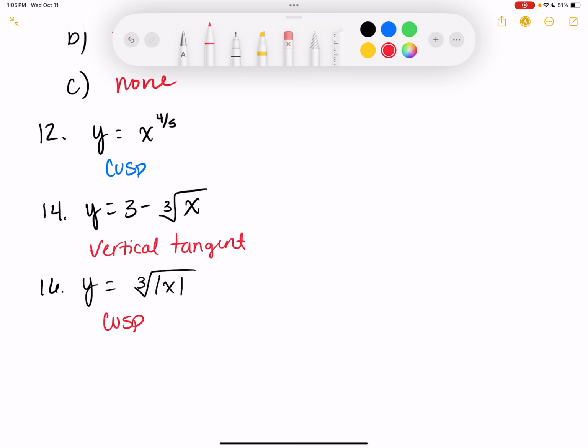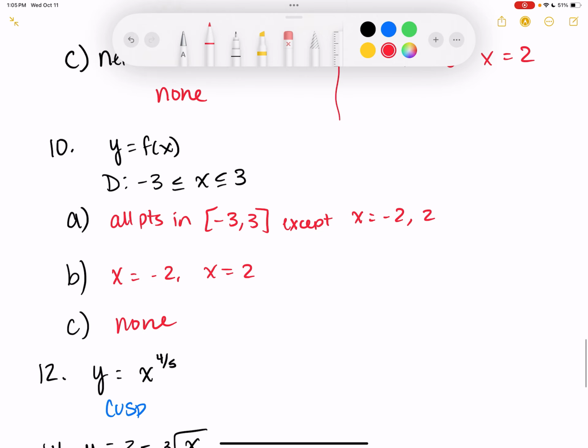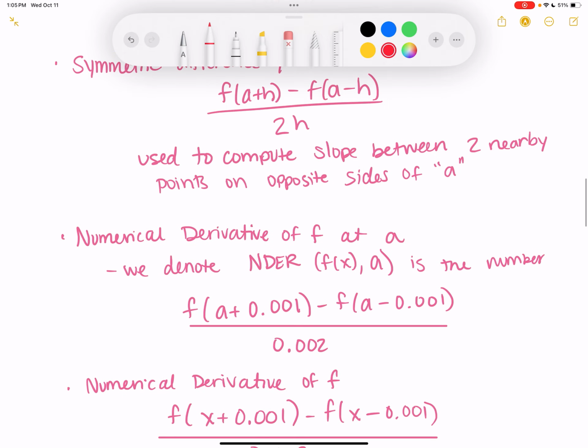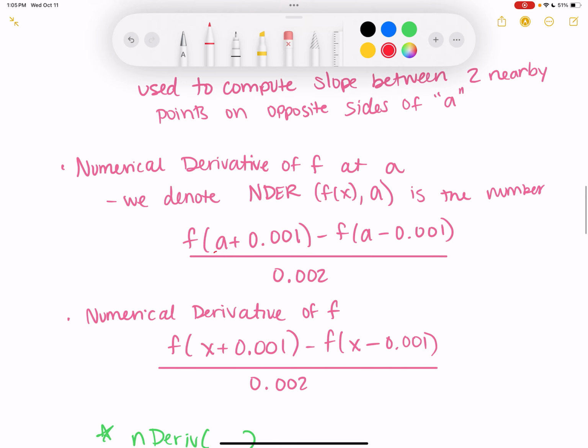Find the numerical derivative of the given function at the indicated point. Use h equal to 0.001. Is the function differentiable at the indicated point? So we're going to be using basically this formula here. We're going to have whatever a value, and they're going to give it to us as x. So it's going to be x plus 0.001 plugged in for x in the first part of the equation, minus, and then x minus 0.001